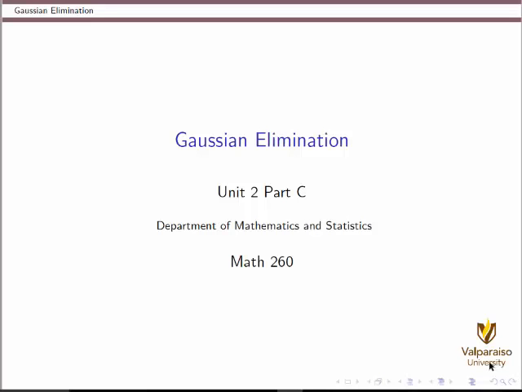Finally, in this set of slides, we're going to look at how to change augmented coefficient matrices into row echelon form, or even better, reduced row echelon form, using something called Gaussian elimination. This process is detailed because it can take quite a few steps. So I'm going to show you one full example before these slides are done, and then I will refer you